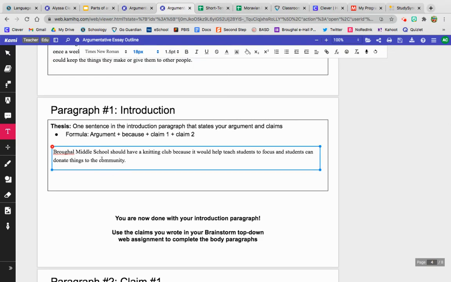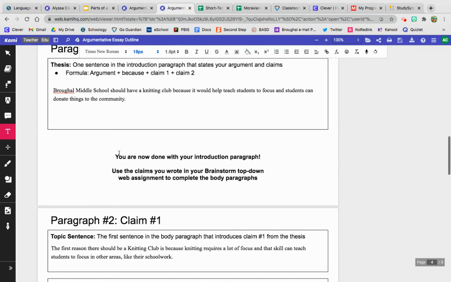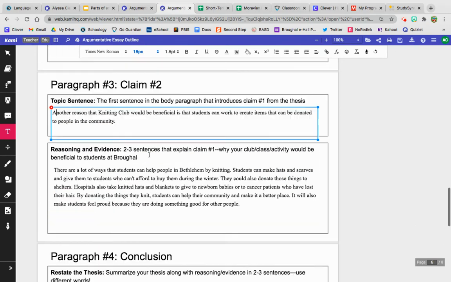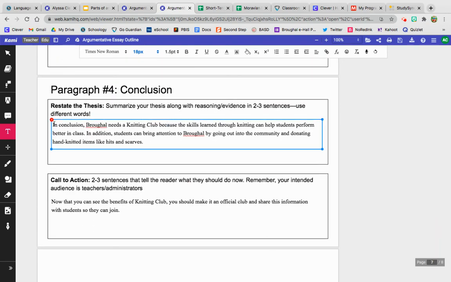You're going to write this in different words. Don't copy and paste the same exact thing. You just want to restate it. And this time, because it's at the end of the essay, you can include some of the information from claim 1 and claim 2. So for example, I said in conclusion, which by the way is a perfect way to